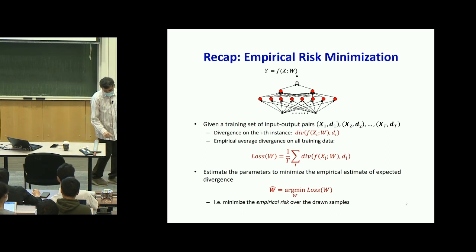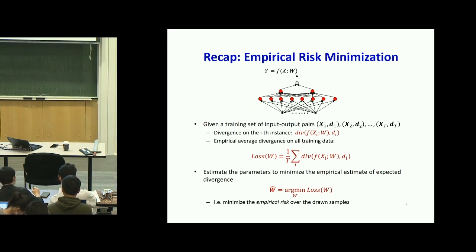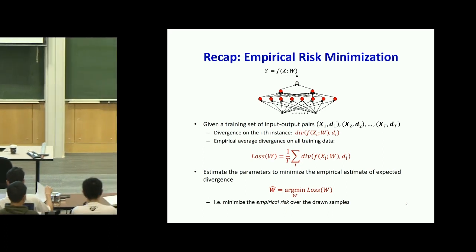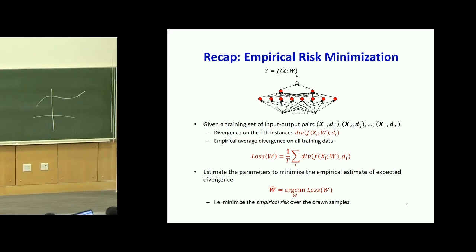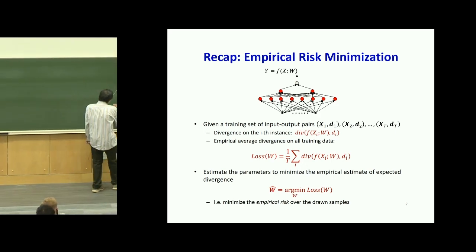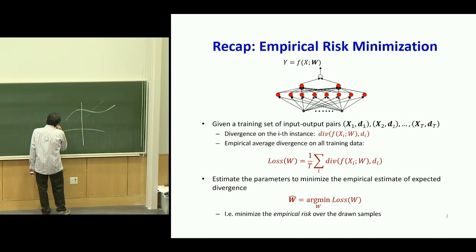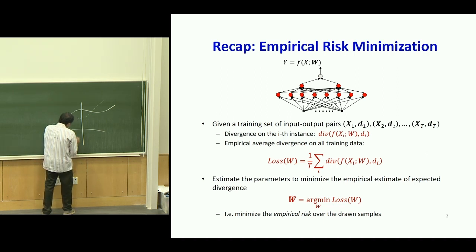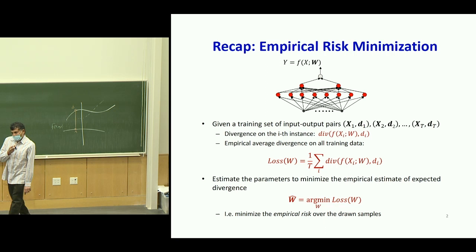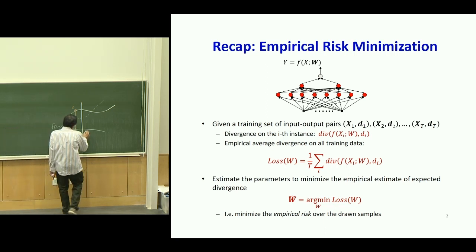So here's where we were in the last class. We saw how we trained a network. The network had some target function of this kind that you actually wanted to learn, and your current network is some other function, which is f of x, w. W are the parameters, and you train it using a bunch of training samples where for each sample you know the x value and you know the desired output of the target function. And so you would have a bunch of these samples,